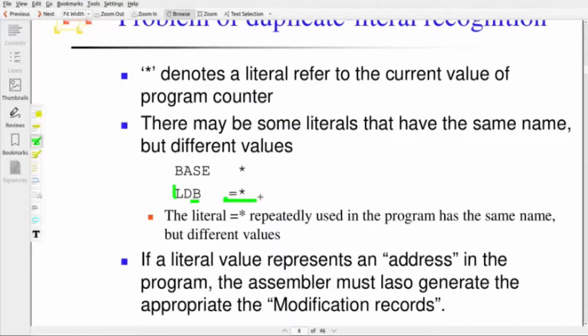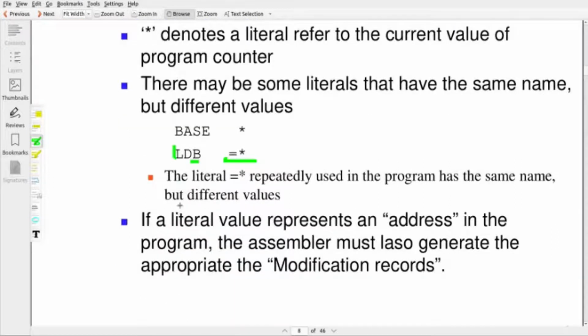But even though the character string is the same, the data value is different, since the current program counter value will change. The literal =* repeatedly used in the program has the same name but different values because =* refers to the current value of the program counter.